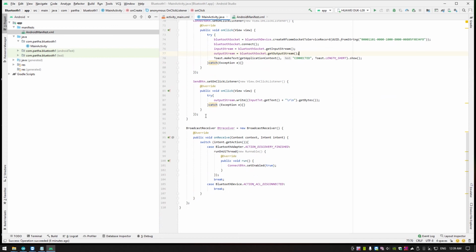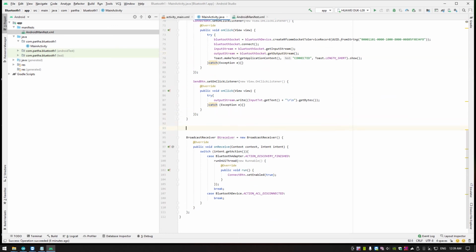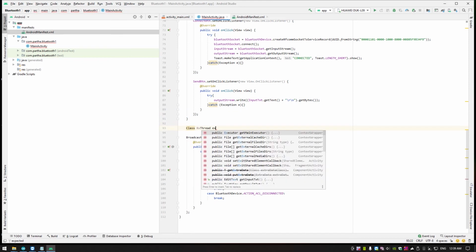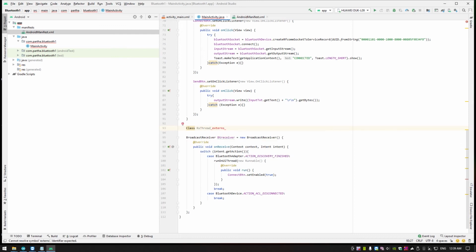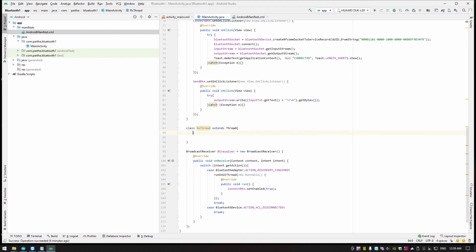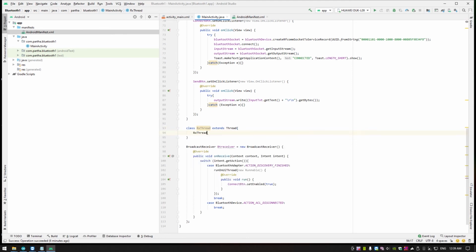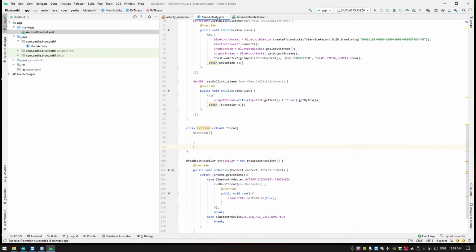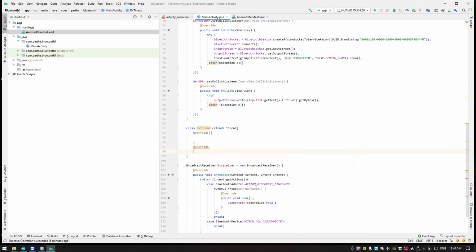So here we can create a thread, Rx thread. Create the constructor. Now this is the main function or run function.